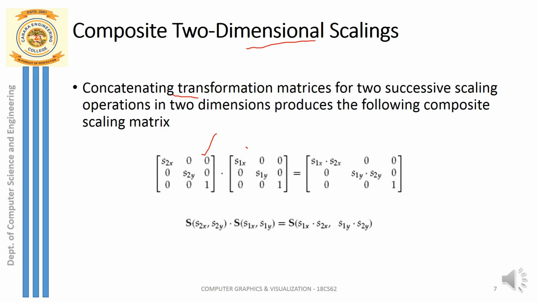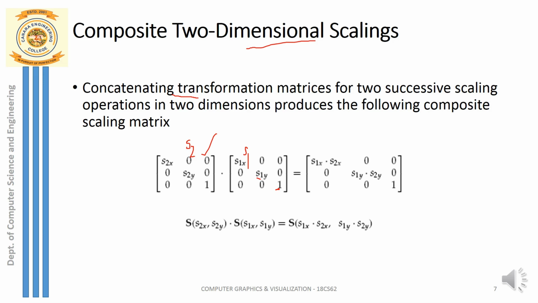This is scaling 1, and I am again applying back to back. The next scaling is scaling 2. You can see the scaling matrix S1x, 0, 0. This represents the x component of scaling, this represents the y component of scaling, and this is the scaling along the z axis. It's a 2D scaling again. So the x factor of the second scaling, the second scaling in sequence, and next the y component of the second scaling. After you multiply these two, you get this as the resultant matrix.